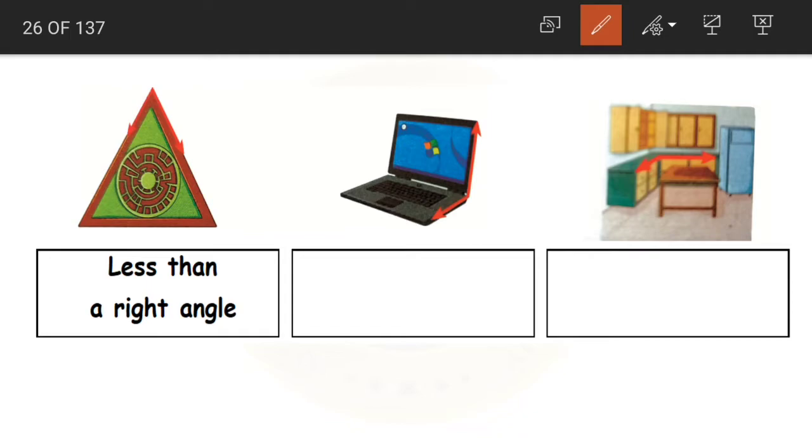Now again this one, see children here, alongside the arm. This will be our right angle tester. Yes, it is less than a right angle. Correct. Now coming to this one. What color shall we take? Okay, we'll take this one. This, here and here. Yes, understood. Now look at this here. We are having certain area which is not covered by the right angle. So that means the given angle is more than the right angle.